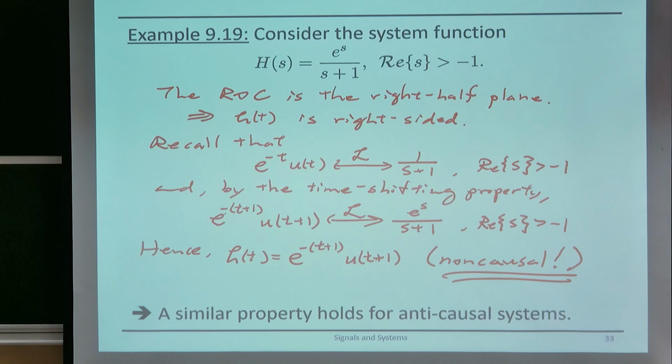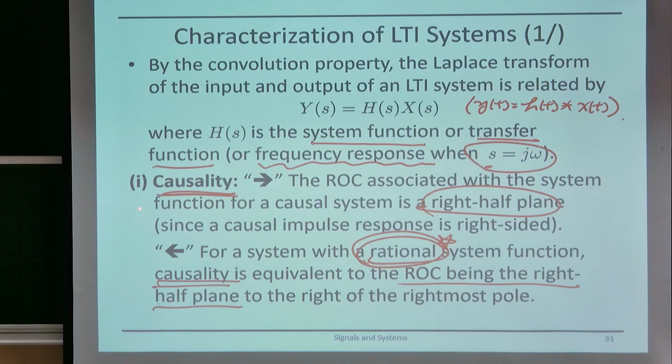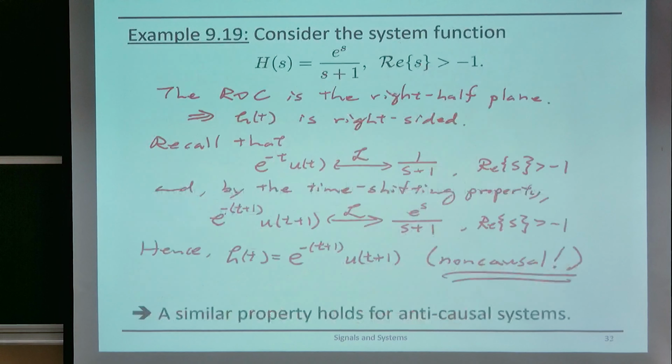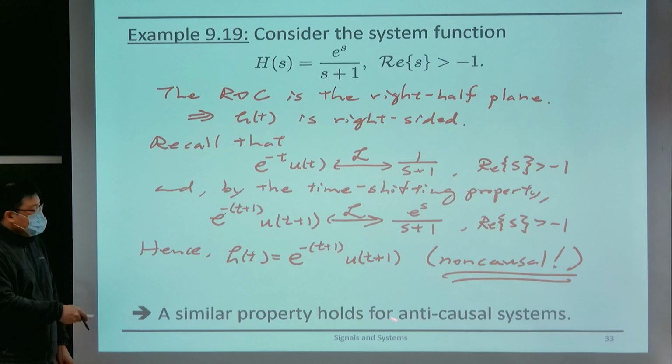So here we're mentioning these properties for a causal system. A causal system is a system that is non-zero only on the positive axis. Okay, so it has a right half plane region of convergence. Now, similarly, if you are looking at an anti-causal system,